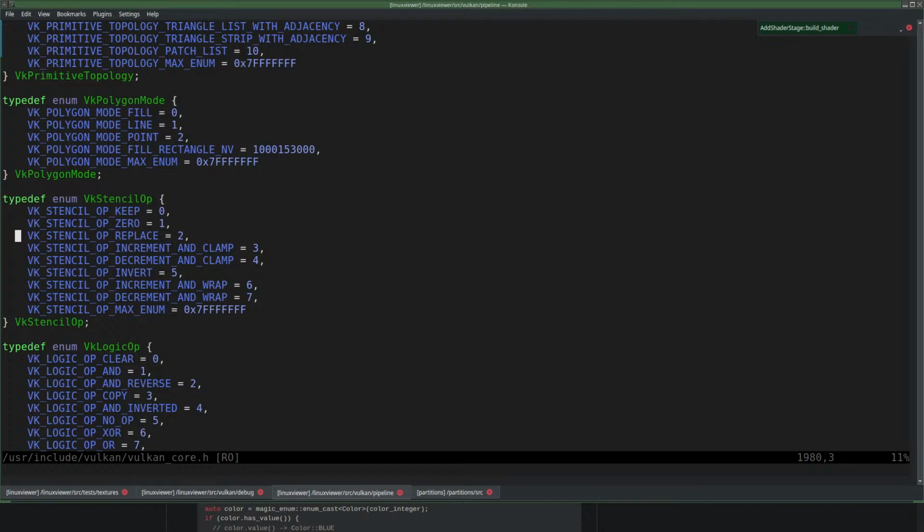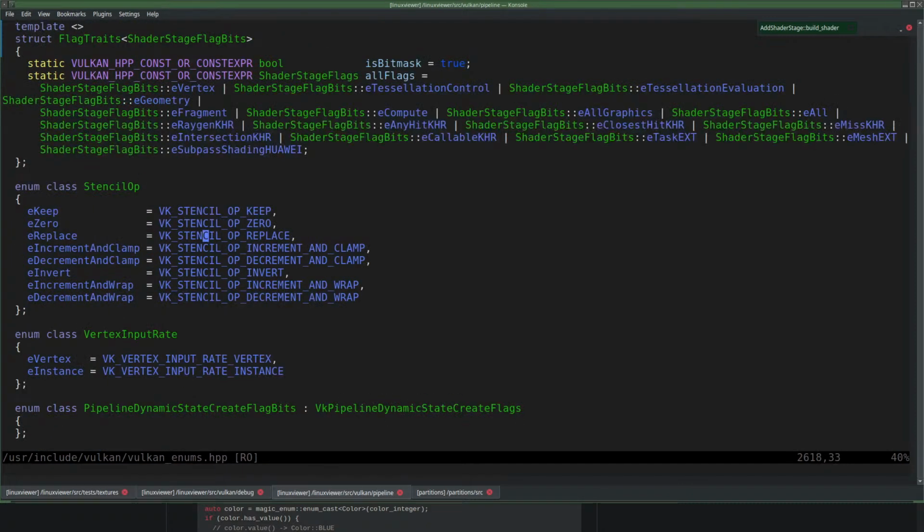Oh, right. So how is that supposed to work then? You cannot set multiple VK stencil ops, I guess. So there is no flags of this type. Stencil op flags.